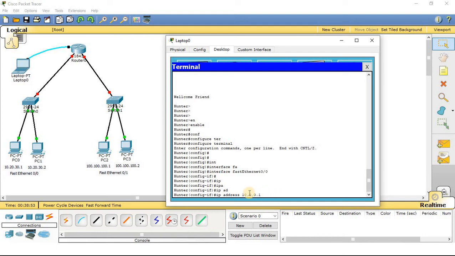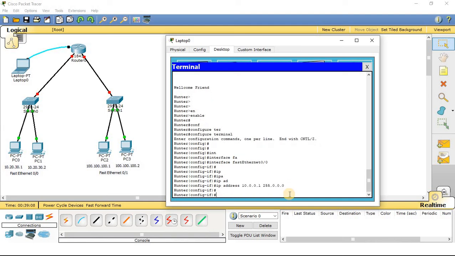We know this is a class A networking IP address, so the default subnet for a class A IP address will always be 255.0.0.0. Okay, so I have assigned the IP address for this particular fast Ethernet port, and the IP address of this port that I have assigned is 10.0.0.1. Why 10.0.0.1? Because this is the networking address.